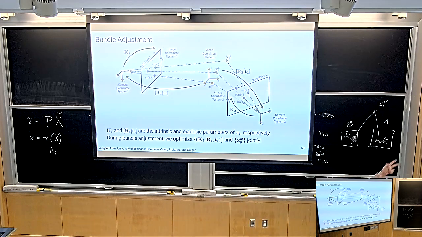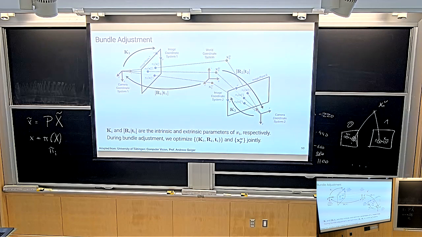Great. So the thing that I just drew, I have it again on the slide. But does this general idea make sense? The free parameters of the system are the 3D coordinates, which you randomly initialize, and the camera pose plus the camera intrinsic parameters. You're jointly optimizing the camera intrinsic parameters, extrinsic parameters, and the positions of the 3D points in one big optimization problem. And this is called bundle adjustment.